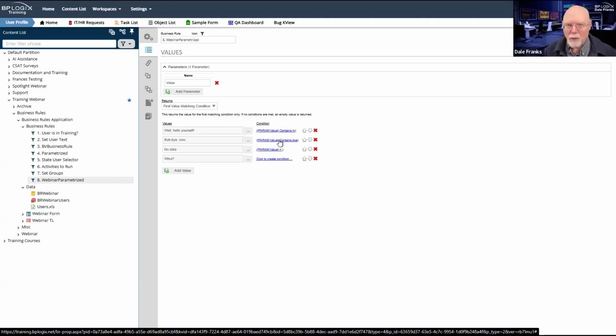So I have 2 values I want to evaluate, high and bye. I don't care about anything else other than that. In this use case, high and bye are the only 2 valid values. Everything else is either blank or gibberish. So I have 2 values that I want, so I've got a test for those, but especially for ad hoc user input, I need to account for the gibberish use case and the blank use case so that I know what values need to get returned for that.